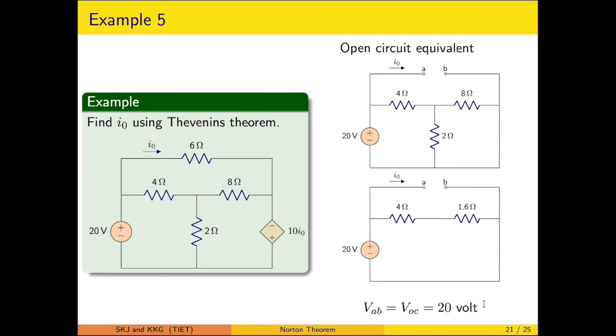This is another example. We have to find out the current I0 across this. So it is having a similar nature. This I0 is a controlling current. This is a controlled or dependent supply. So when I0 is coming out to be 0, its contribution will be 0. It is a voltage source, so it is represented by a short circuit likewise.